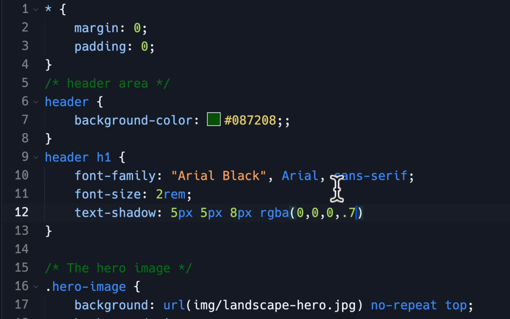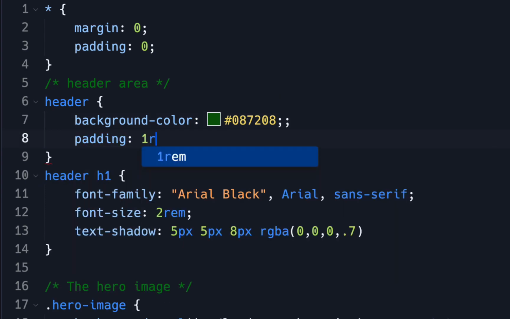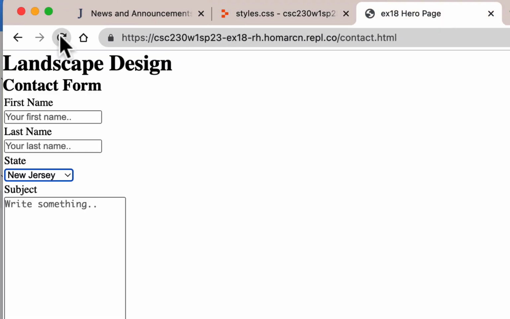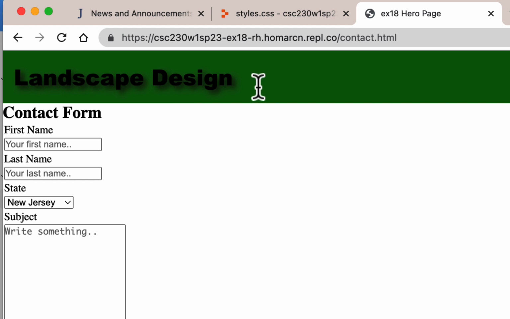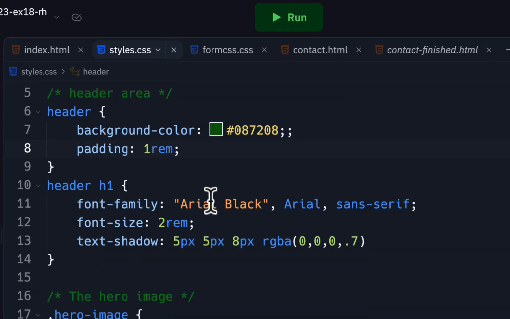And we're probably going to want some padding around it, so we could put padding right in the header. So we'll put padding and just put 1 rem to start, and then we'll go from there. And let's see what it looks like. And it's black, so we got to make it white. And it could probably be a little bit bigger maybe. Let's see. Why is the color white? I thought I copied color white. Guess I did not. Color,